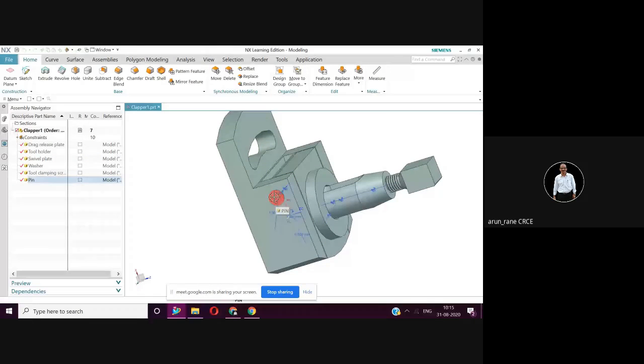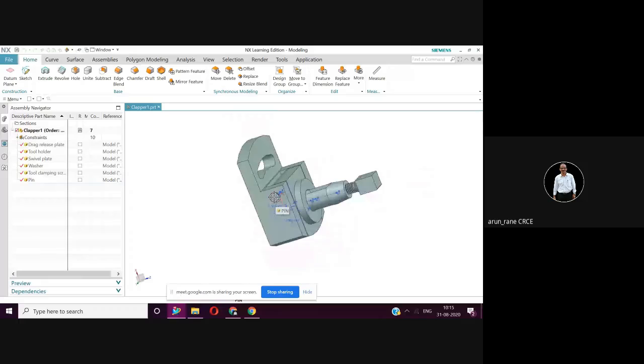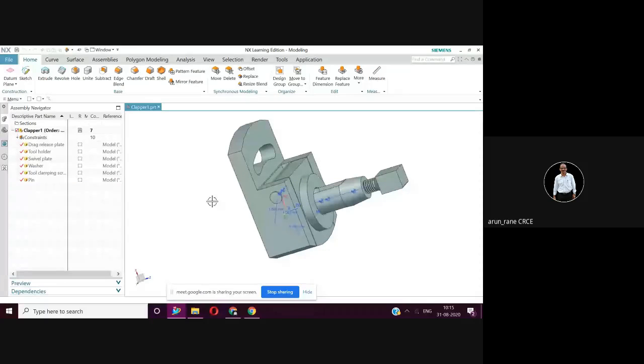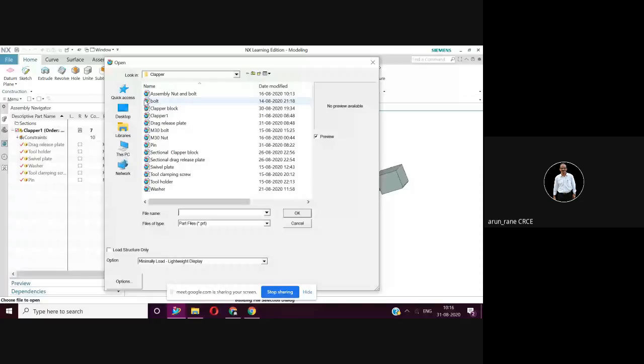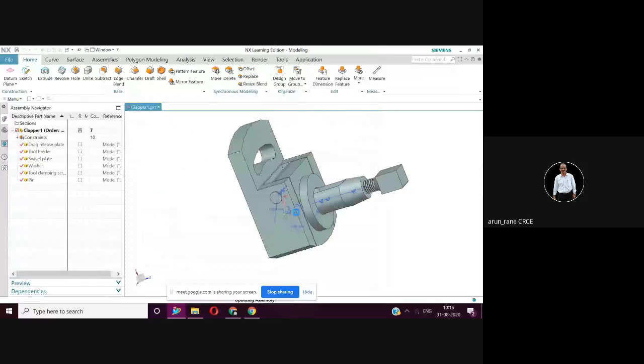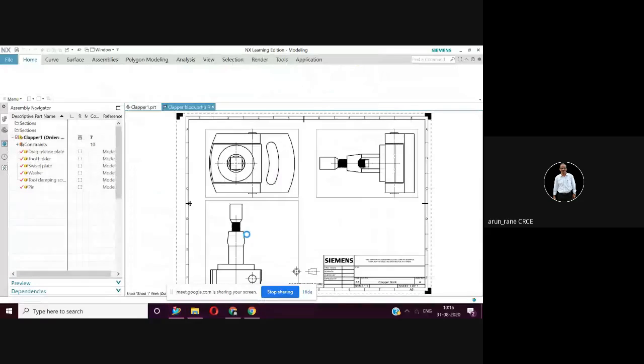You have the option of giving colors, so I'll show you one color model. You can open several models at a time, until you close the particular one. So go to File, Open. Say okay. This is actually a 2D drawing.